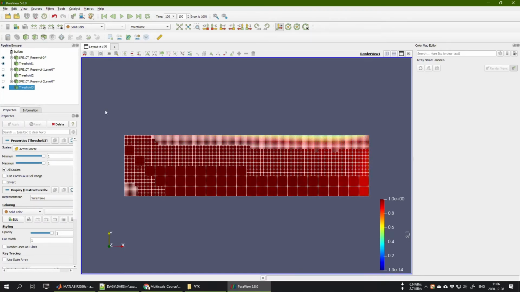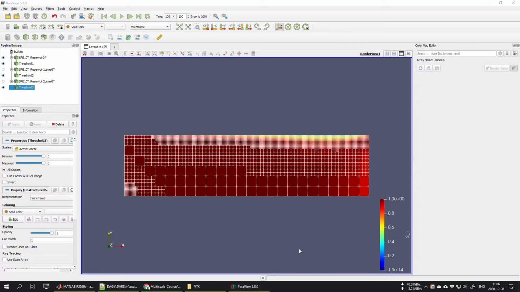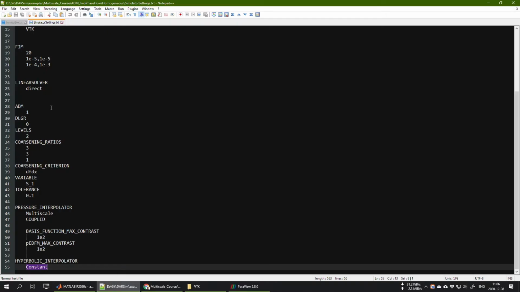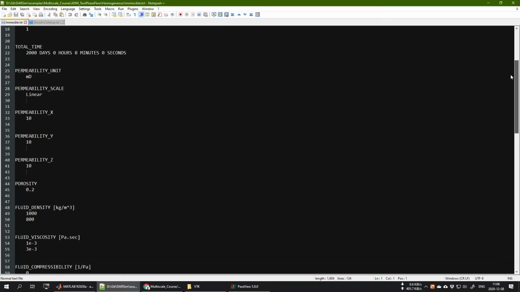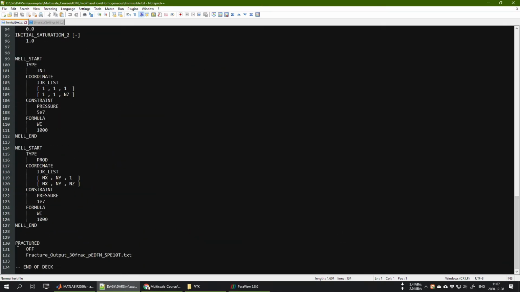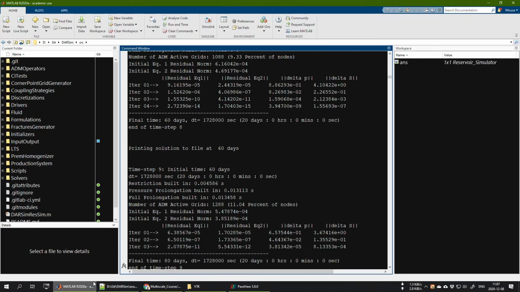Now, I want you to add the fractures as well. Go to the immiscible TXT domain simulation input file. At the bottom, underneath the FRACTURED keyword in capital letters, turn this option to ON instead of OFF. So delete the old value and type ON in capital letters and then save. Now the simulation